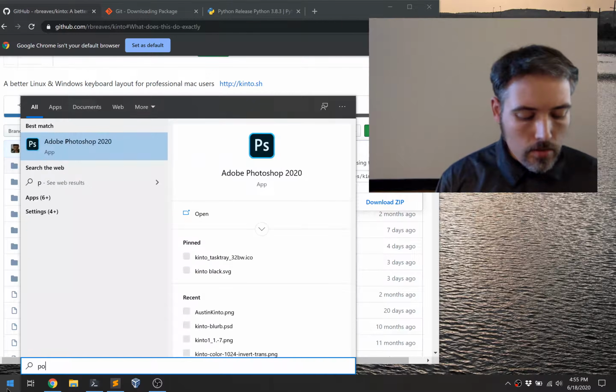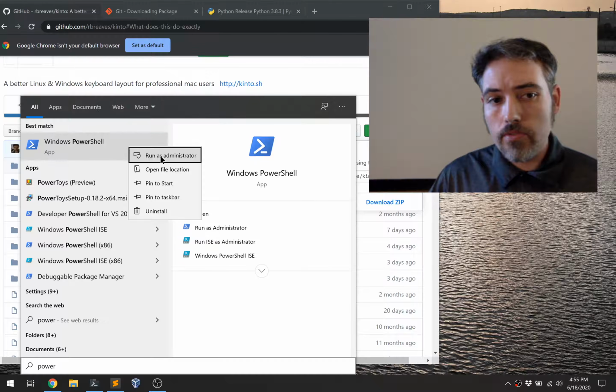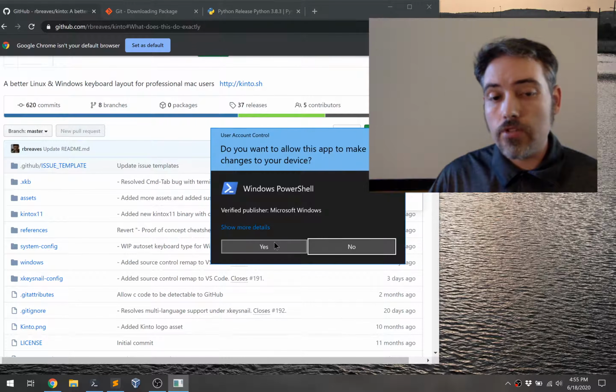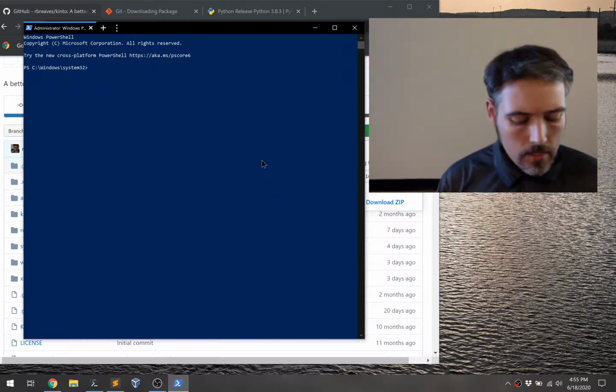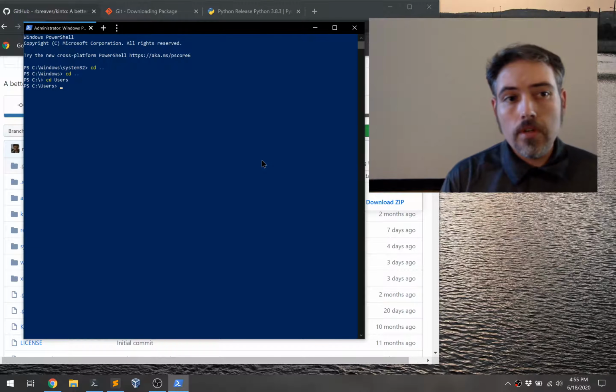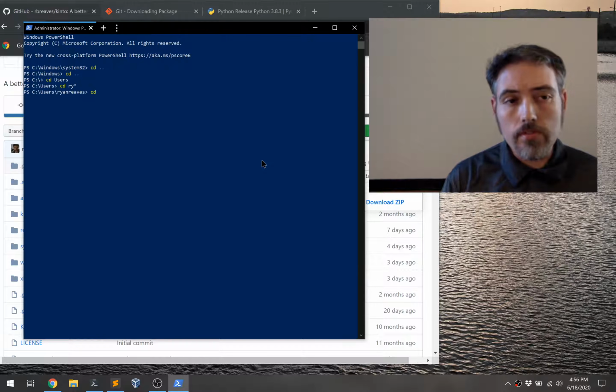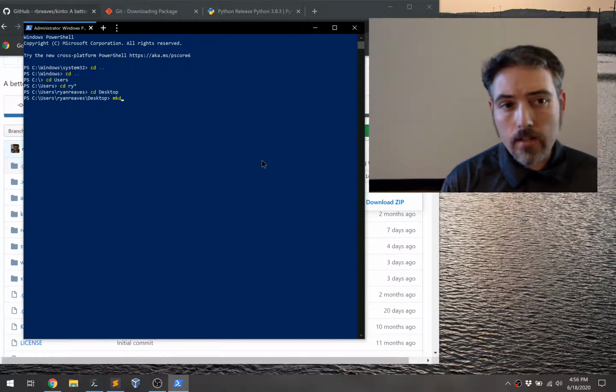So let's go ahead and open up PowerShell that comes with Windows 10. And then just right-click it, click on Run as Administrator, say yes to the prompt, and then we'll want to get out of the System32 folder, and we'll want to jump on into Users, and just find a location in your actual user folder that you feel comfortable putting it in. So I'm just going to jump over into my desktop for now for this video, and make a new directory called git-projects,